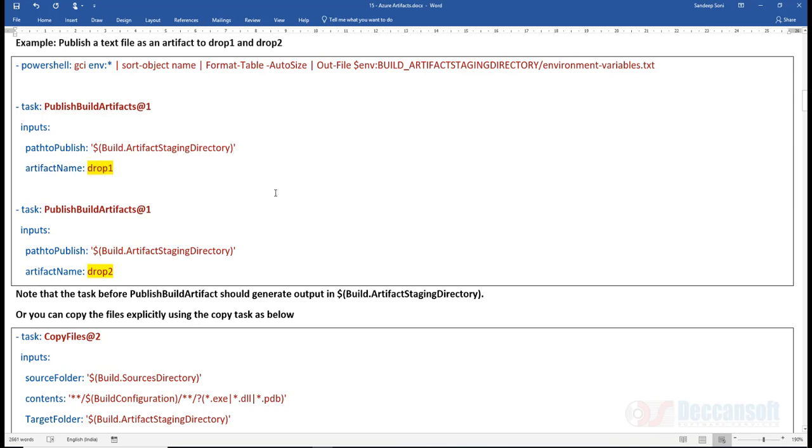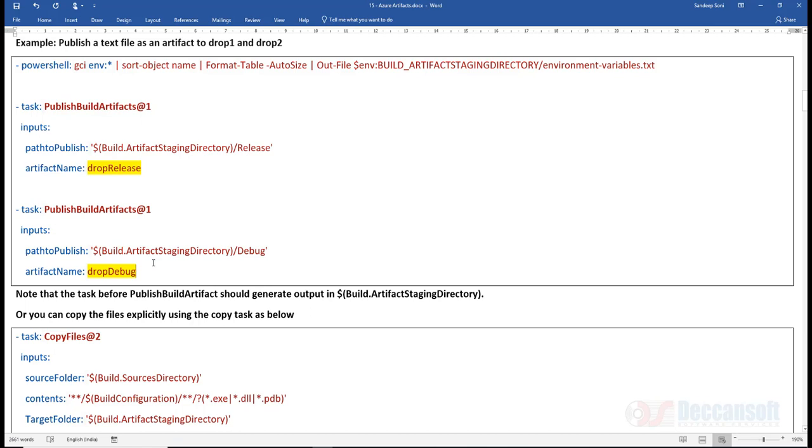Maybe you can actually give something like /release and /debug. So the content from release you might call release drop, and the content from debug you might call debug drop.